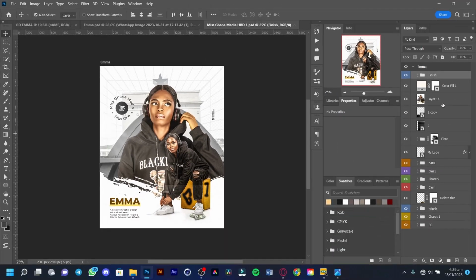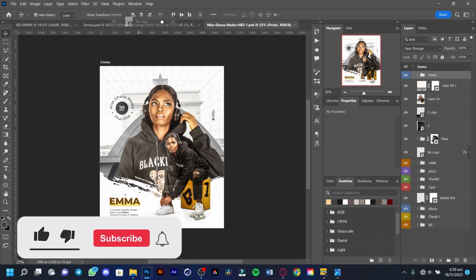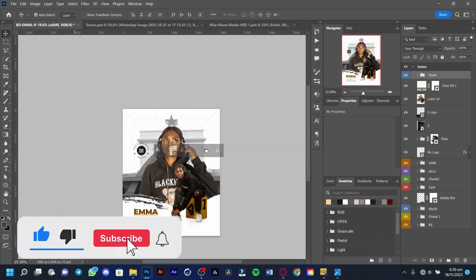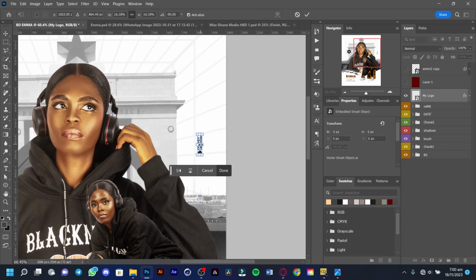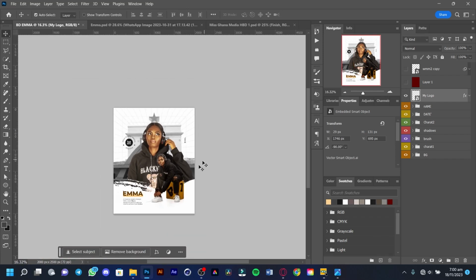Guys, all the parts that I skipped are just basic stuff that you can do, okay, so that's why I skipped them. Yeah, but I will show you a bit of the color grading process. So